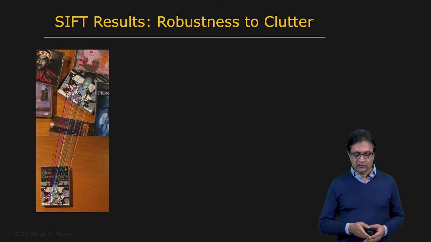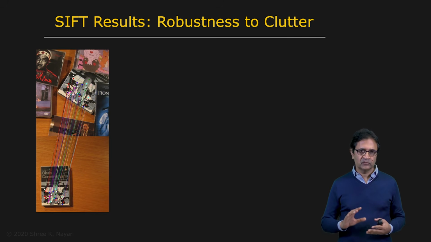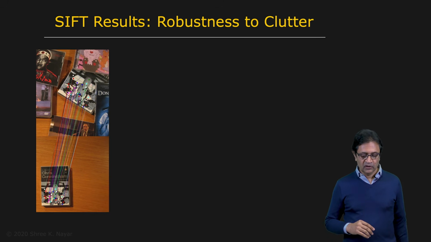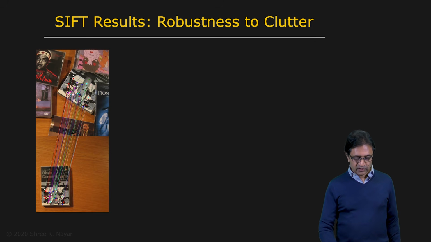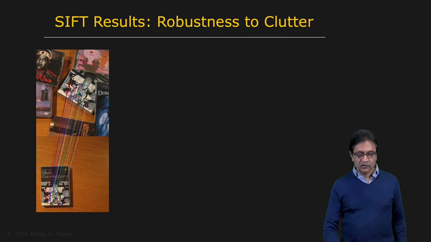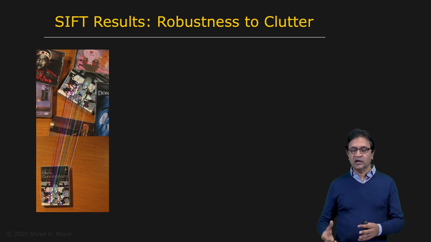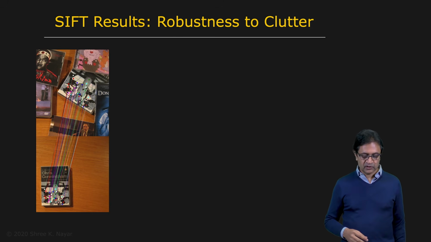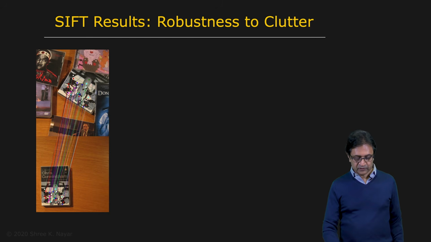And here comes the big one, which is robustness to clutter. If you remember, we said that occlusion is one of the really hard problems in vision in general, but particularly object recognition. In this case, you have this object, and here the object is partially occluded. But whatever features were recoverable from this object, you're able to find them in this object right here. And it doesn't have any mismatches with other objects. So that's really important. You're recognizing the object in part, and that's all you can do when you have occlusion, and that's good enough for actually finding the object.